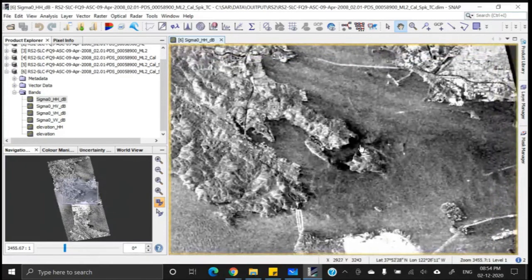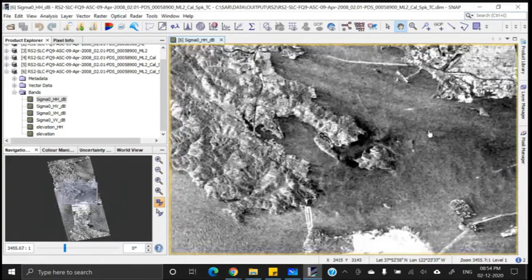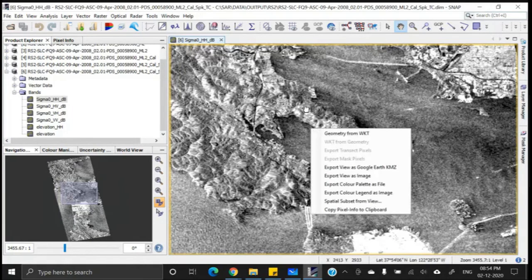Bring this portion in the view, right click on the view, and here we have the option Export View as Google Earth KMZ. So it will be converted into a Google Earth file, only this portion that is being displayed.